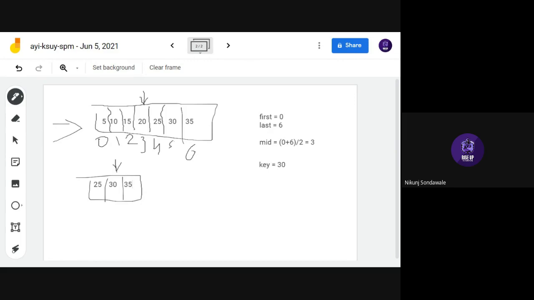If the condition is right, congratulations, you have found the element. If not, do comparing and dividing again, then again compare the mid with the key. So this is the logic behind binary search. Guys, have you understood the logic behind binary search? What we did here?